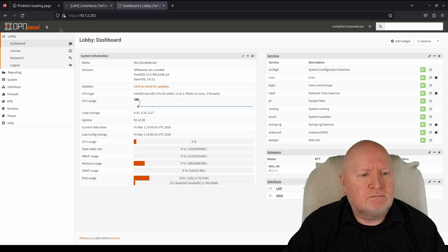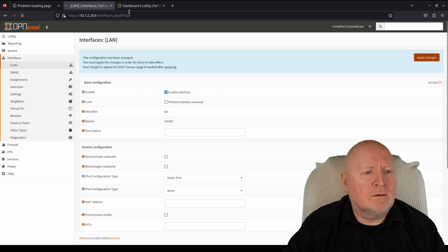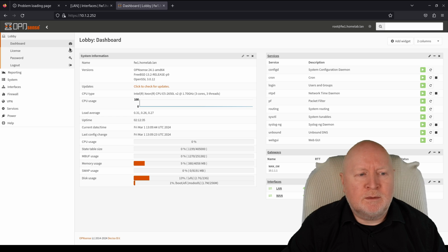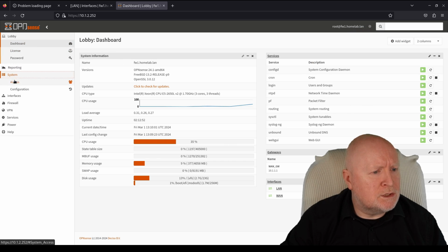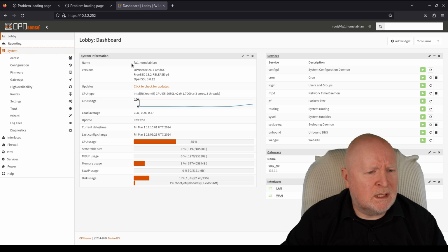And while that's going on, as far as we can tell, eventually it'll time out because it's still trying to connect. I've been able to quickly sneak a connection in on the new IP address, but I'm just double checking that all of the interfaces that I've got have now got the IP address that should be assigned to this firewall. But while we're here, I'm going to change the name as well,